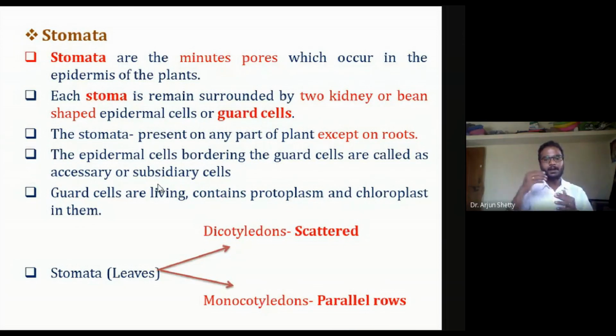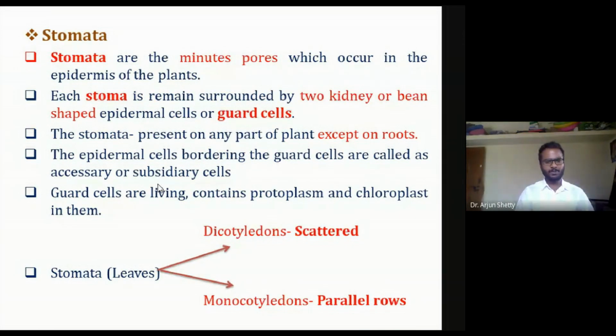And usually these guard cells are living because they contain active protoplasm, and they also contain chloroplasts, so they can even conduct photosynthesis. They are not directly involved in the production of food, but because they contain chloroplasts, the closing and opening of the stomata is rendered very fast. The detailed function of the stomata will be studied in the coming slides. And stomata,